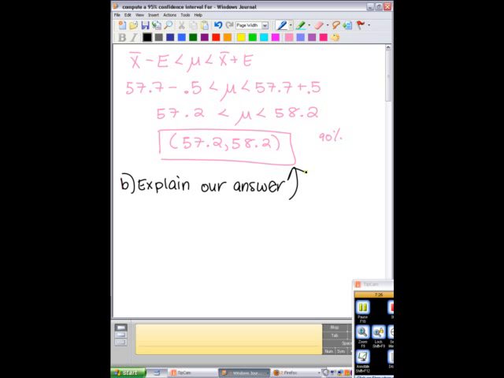The problem is dealing with the average amount of time these Japanese students are studying per week. So just like the other problems, we start out by writing that we can say, and this time with 90% confidence,